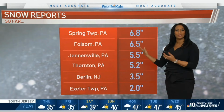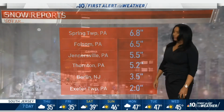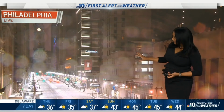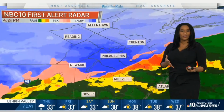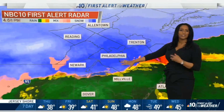And for Berks County and most of the Lehigh Valley, we are still seeing accumulating snow. Thornton, PA picking up 5 inches. Berlin, New Jersey picking up 3.5 inches. So we've seen quite a lot of activity for today. And in Philadelphia right now, as we can see, the snow has basically stopped. We're seeing a little bit of sleet, a little bit of rainfall, and that's going to be the trend for us as we watch what we call a changeover from snow to more of a wintry mix,